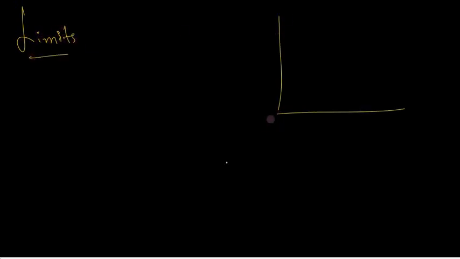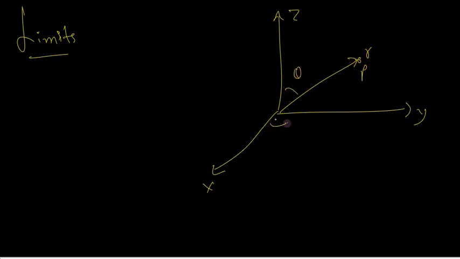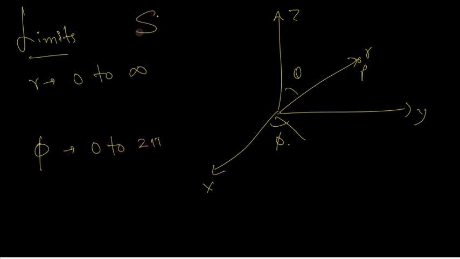So this was our coordinate system, x, y, z. This was your r, this was your theta, and this was your phi direction. So r has a limit 0 to infinity because it starts from 0 and goes to infinity. Phi has a limit 0 to 2 pi. This is all I'm talking about for a sphere. And theta has a limit that is 0 to pi by 2, because if you want to complete a